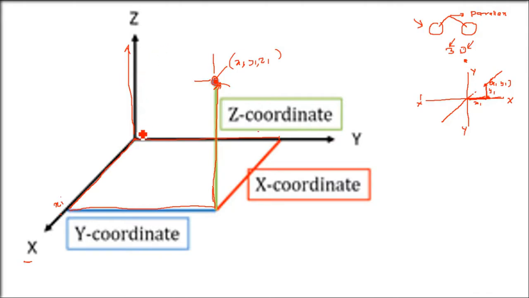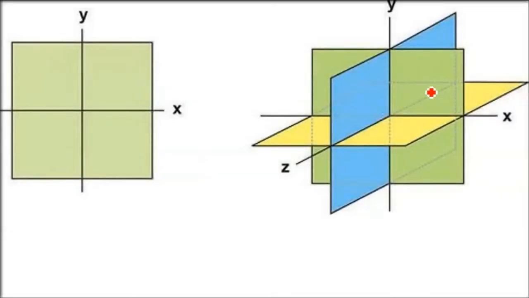Now you may have a question: why don't you go to z first, then y, then x? The content remains the same; ultimately you have to reach x1, y1, z1. But conventionally we always take x first, then y, then z. So these are the x, y, z coordinates. Basically, these are the lengths of the path you have taken to reach x1, y1, z1. When you have x in one direction, negative x will be in the opposite direction. So x is positive, x is negative; y is positive, and y is negative in the opposite direction.